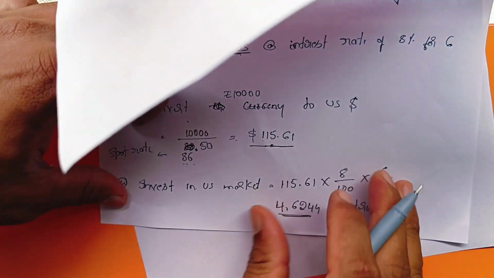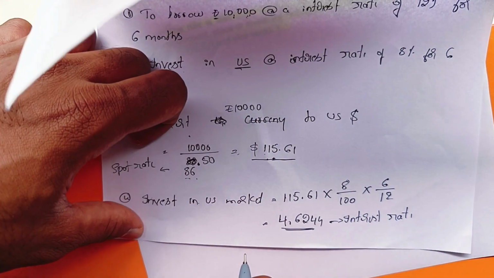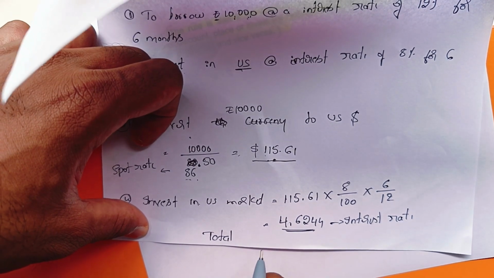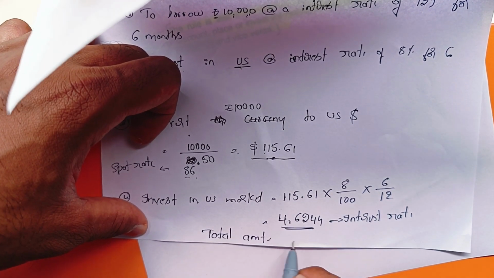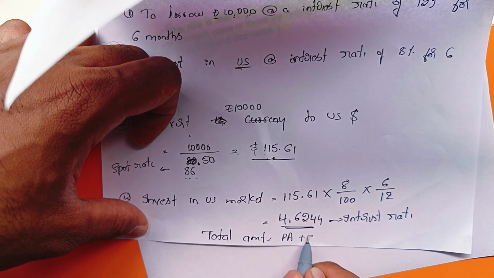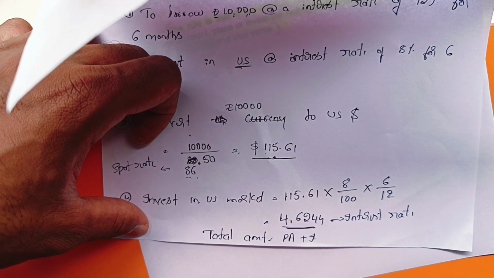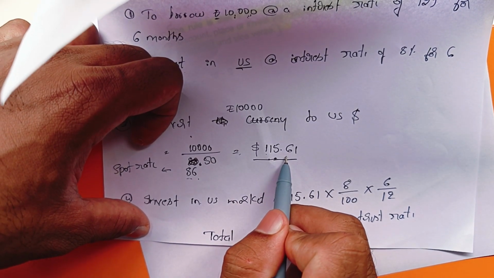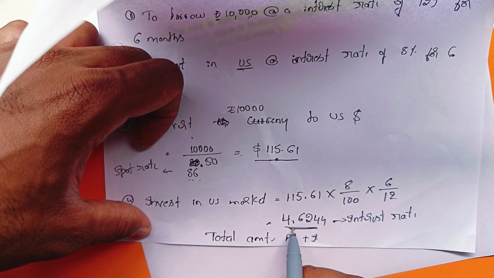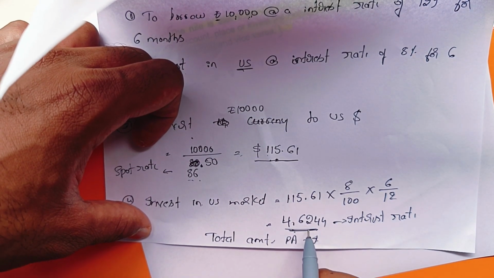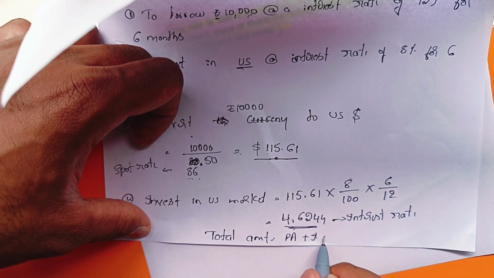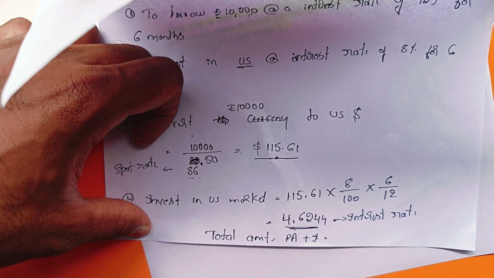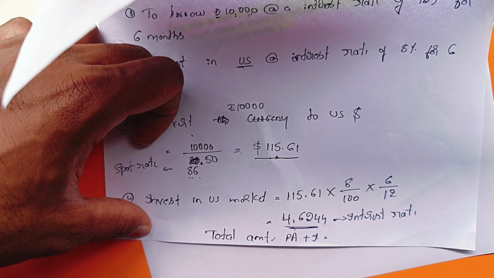Now what is the total amount? Total amount is nothing but principal amount plus interest. Principal amount is nothing but 115.61. Then for investing that, he is going to get 4.6244. Add it, that is, principal plus interest, 115.61 plus